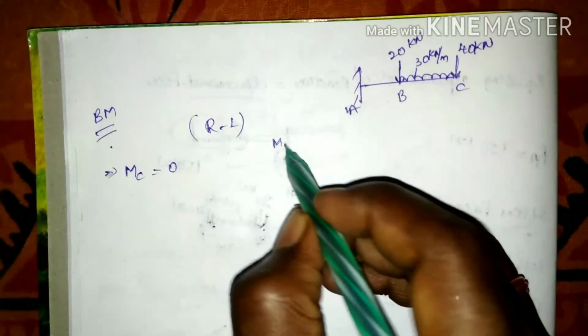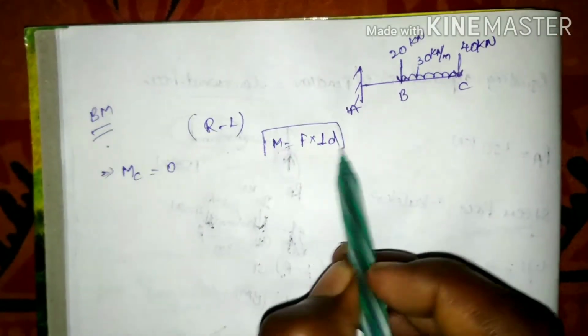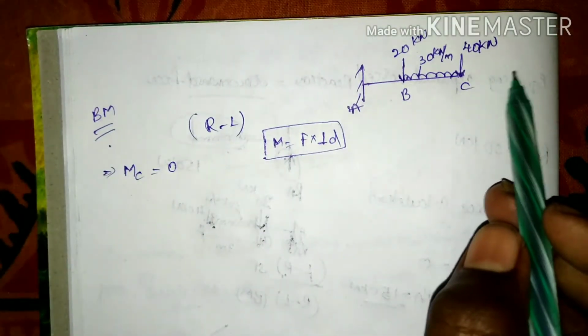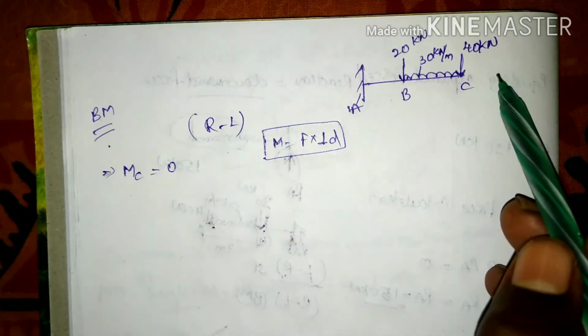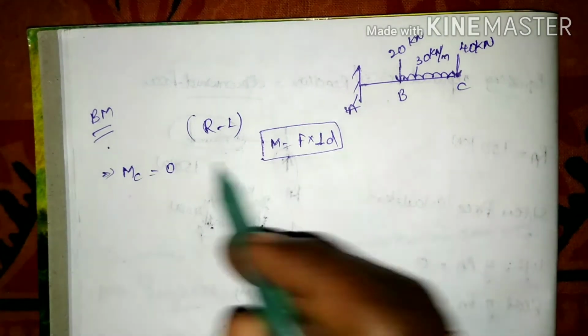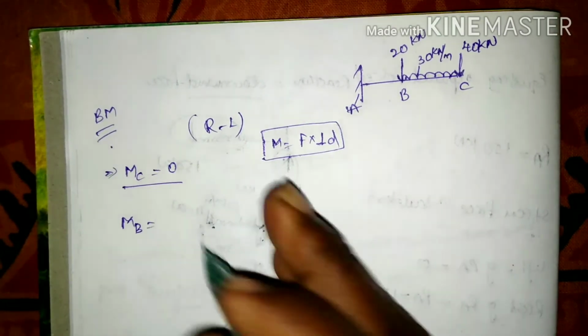The moment is equal to the force into perpendicular distance. Since we don't find any type of loads and no distance and no forces, that is going to be 0. And next, moment about B is equal to